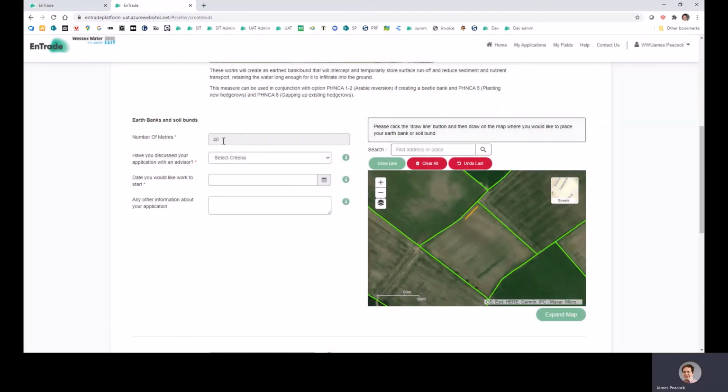And once you do that, the system will measure the number of meters of the line that you've drawn, and you can click draw a line again to draw multiple lines, or you can click twice to draw as many lines as you like, or use these buttons to undo the last line you did or clear all the lines that you've done. So there's then just a few simple questions about your application, whether you've discussed it with an